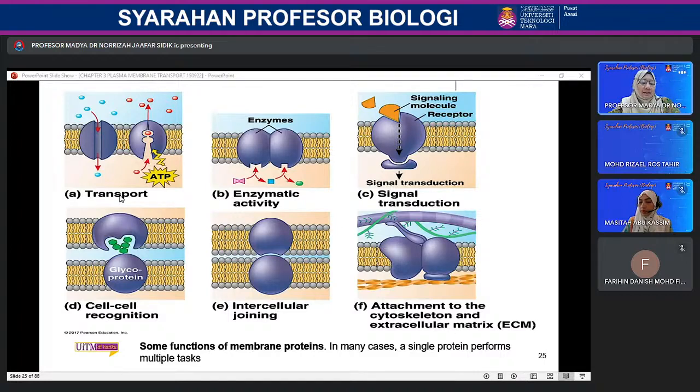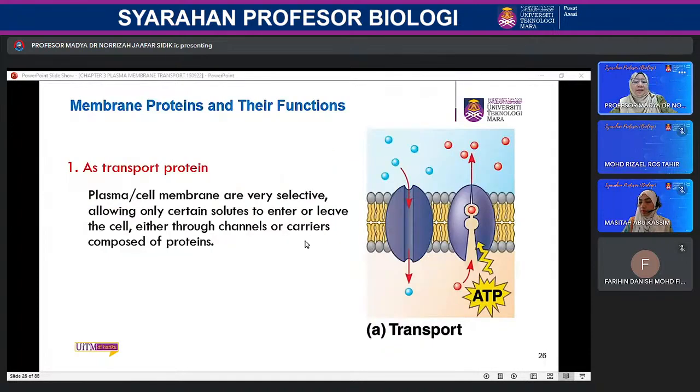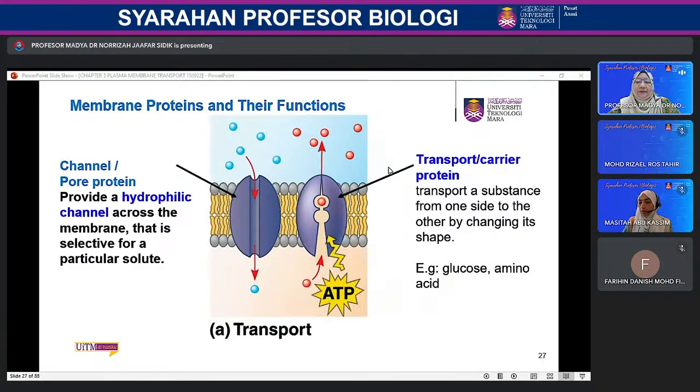Now we look at transportation here. As a transport protein, the membrane proteins allow only hydrophilic molecules to pass through the cell membrane. Transport membrane proteins come in many forms. Some require ATP. If you look at the right side here, it needs ATP. Whereas here, as a channel,